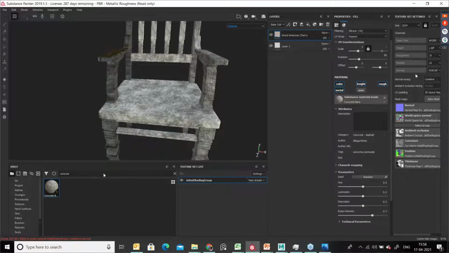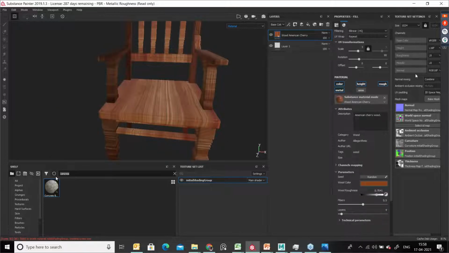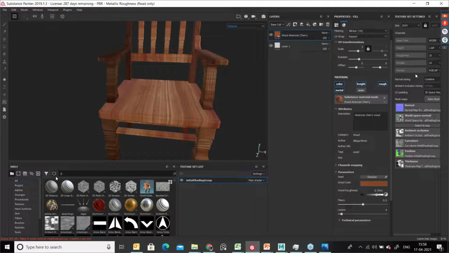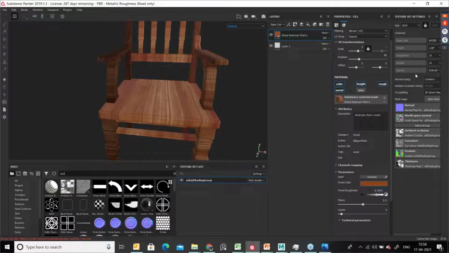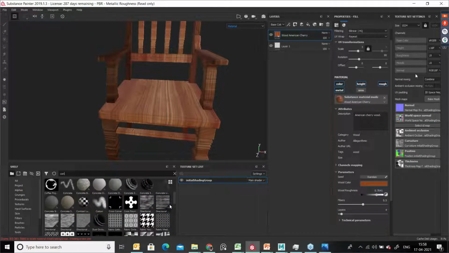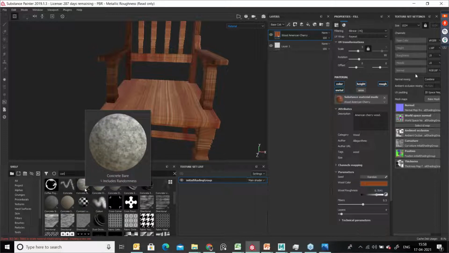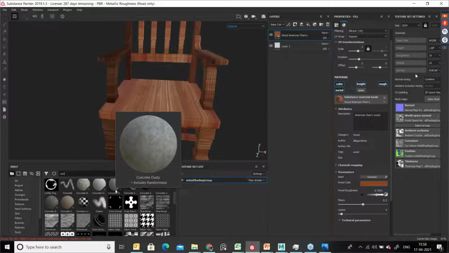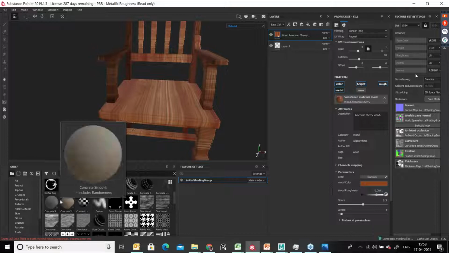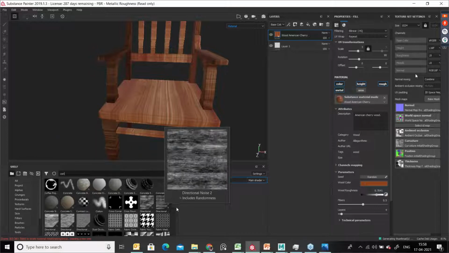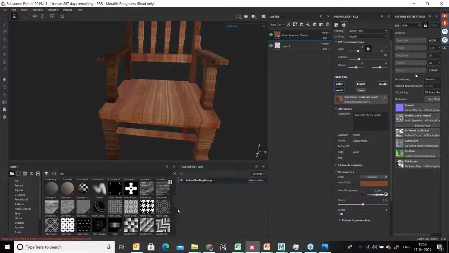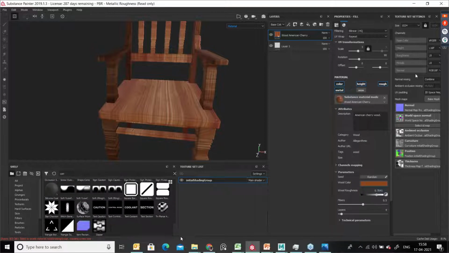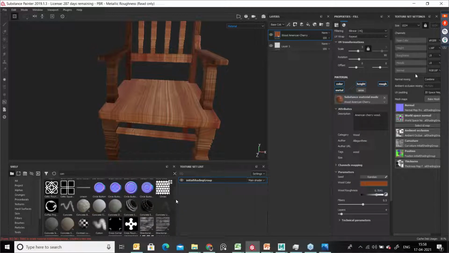This one, this is not the right one. I need to see more again. I will try to search for the texture. I think I will keep my mouse on the texture to identify which one is the best.